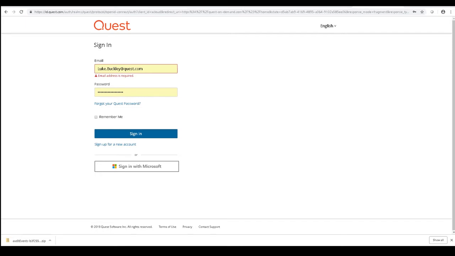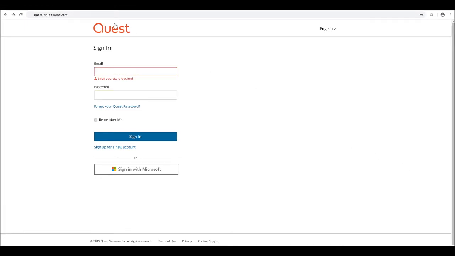If you've already logged into On Demand, you can simply use your existing Quest login that's tied to the licensing you received here. It's important to do this for licensing purposes, tracking, and ensuring that you get the right services when you log in. It's also important that the email for this login is your business email.